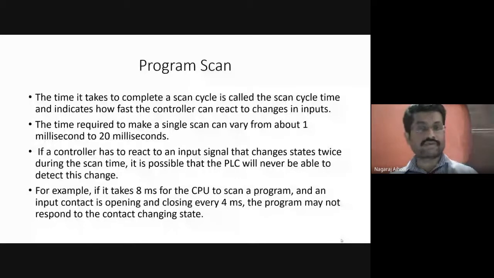The first 4 milliseconds it may take, the second 4 milliseconds it may take, but for the third, that is the 12th millisecond, 4 into 3, it will not accept, because the program scan cycle time is just 8 milliseconds, and the time has already elapsed. It will not accept the contact opening or closing after 8 milliseconds.